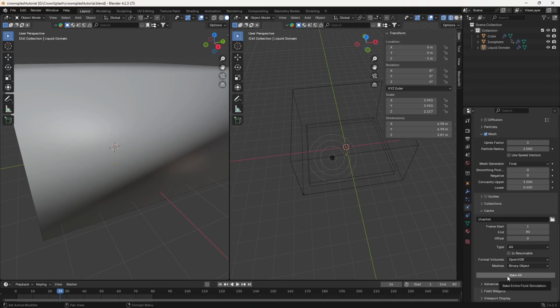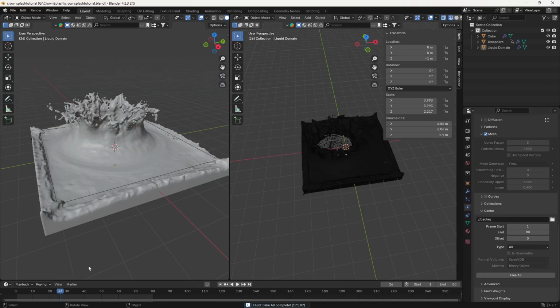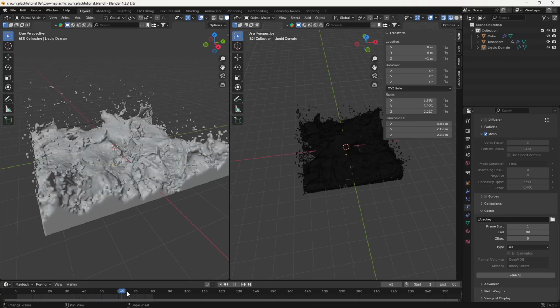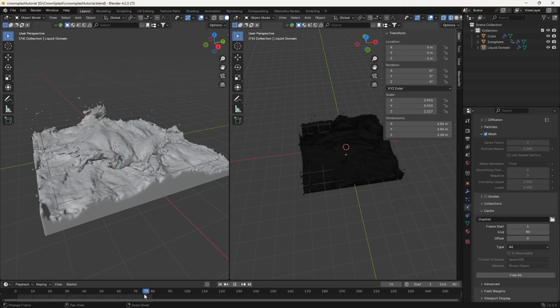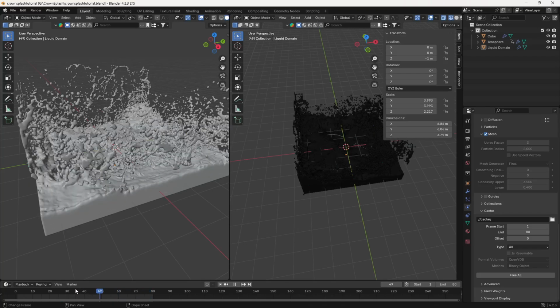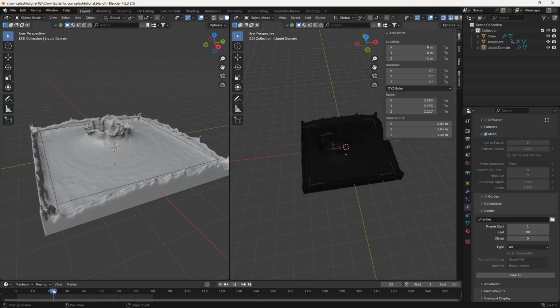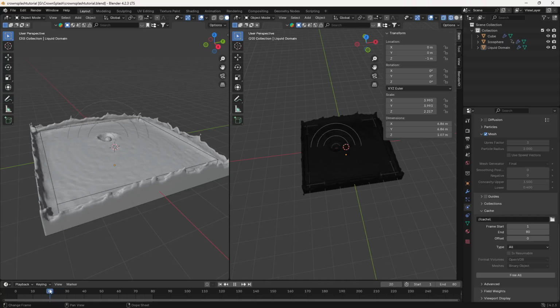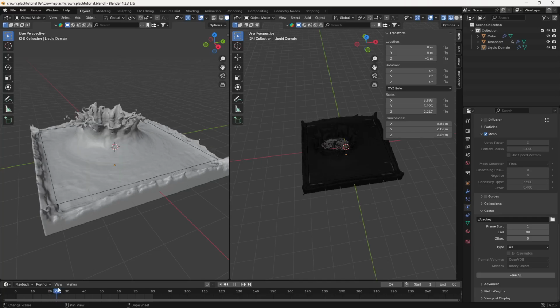Then we are going to continue again. So I will be back in a minute. So now you can see our baking is finished and this is the result that we are getting. Yeah, I need to reduce my strength here as well because now you can see there's a lot more here. So I can just reduce this. But right now we are going to focus on what we can say is our crown splash here. Okay, so let's say we want this result.